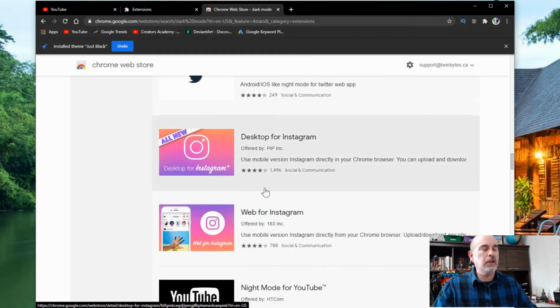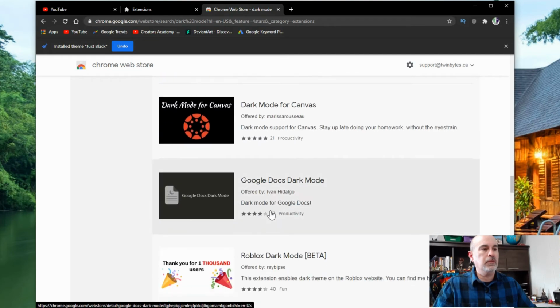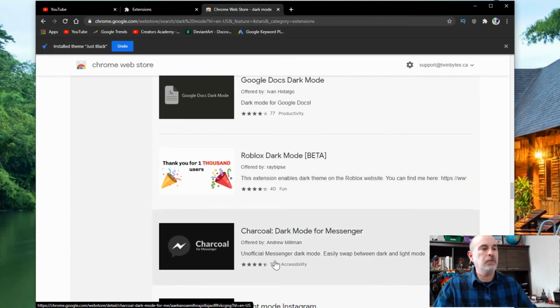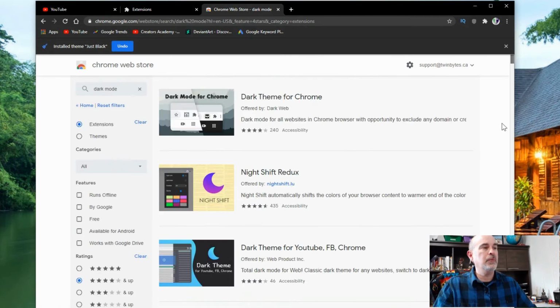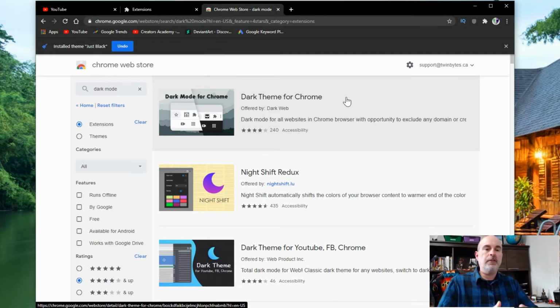So you'd have to spend some time trying to find something that you can trust. But you can see that there's so many people that make these add-ons that you have to make sure that you trust them. Just like Mozilla Firefox said, you have to trust the source. Otherwise, you could be putting your computer at risk.